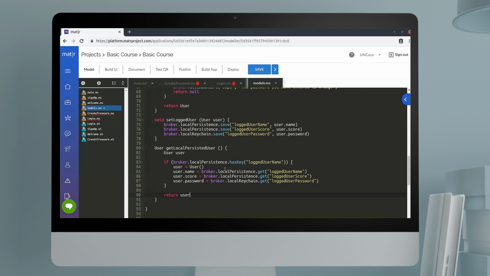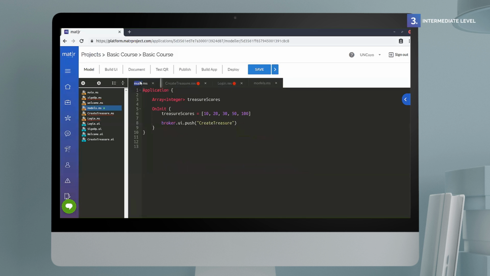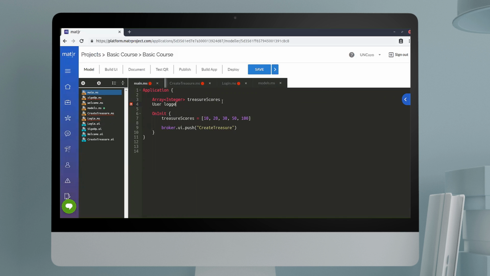Now, we will have to apply it to be executed when we start our application. For this, we will go to the file main.ms. In this file, we will have to create another global variable, in this case of user type and named loggedUser. Then, in the onInit clause, we will first delete the broker.ui.push() statement. Then, under the assignment to the treasureScores variable, we invoke the getLocalPersistedUser function and assign the return to the global variable loggedUser. Following, we will create an if structure that validates that the loggedUser variable is different from null,